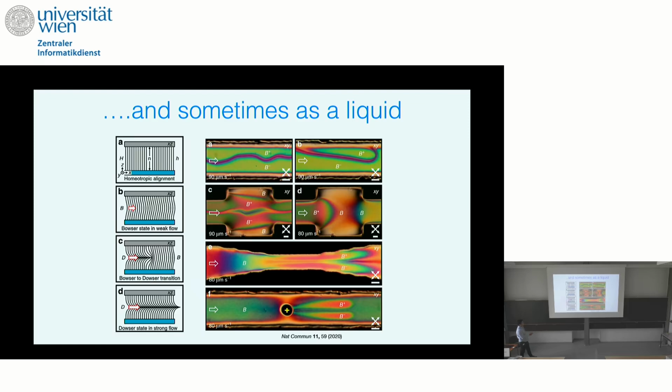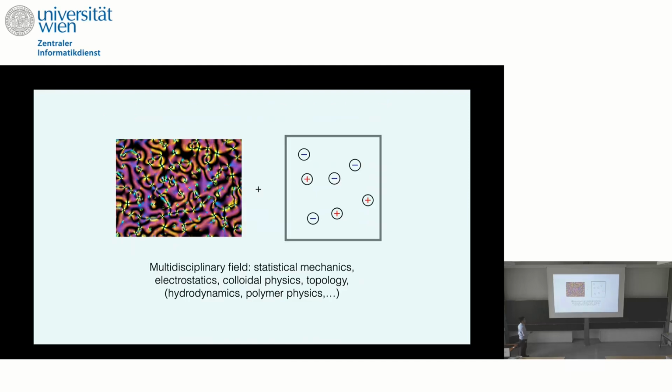And you can get all kinds of interesting orientational and topological structures. So as I said, I want to combine the two, so liquid crystals with ions. And this is kind of a challenging thing to do, because you have to combine statistical mechanics with electrostatics, topology, and